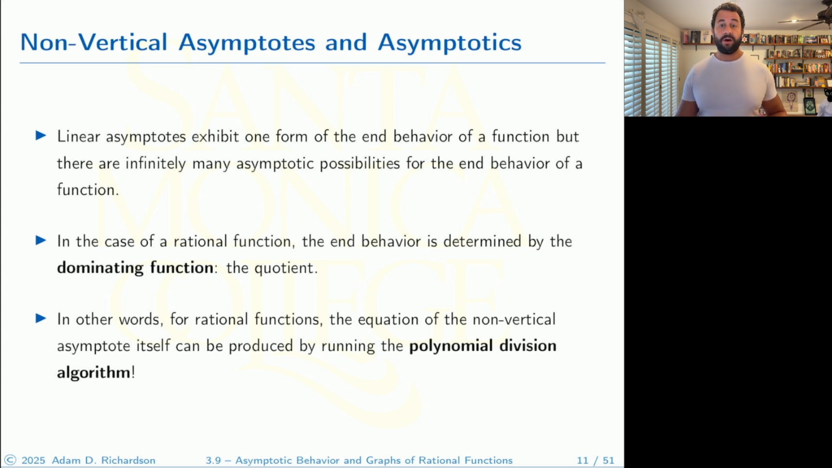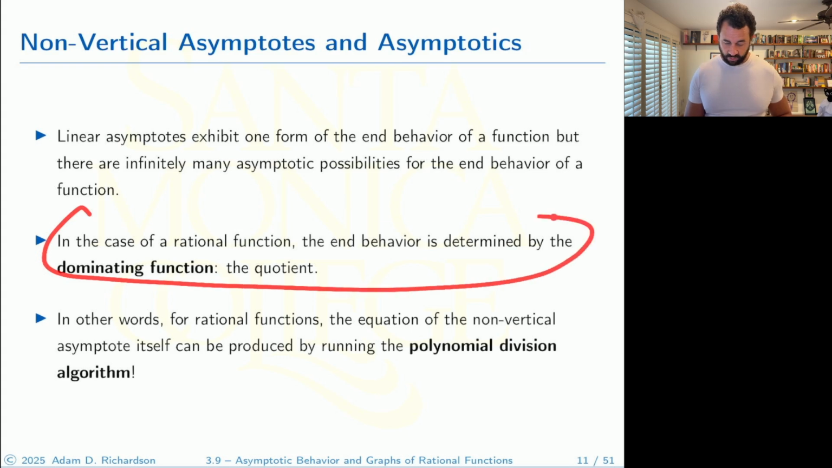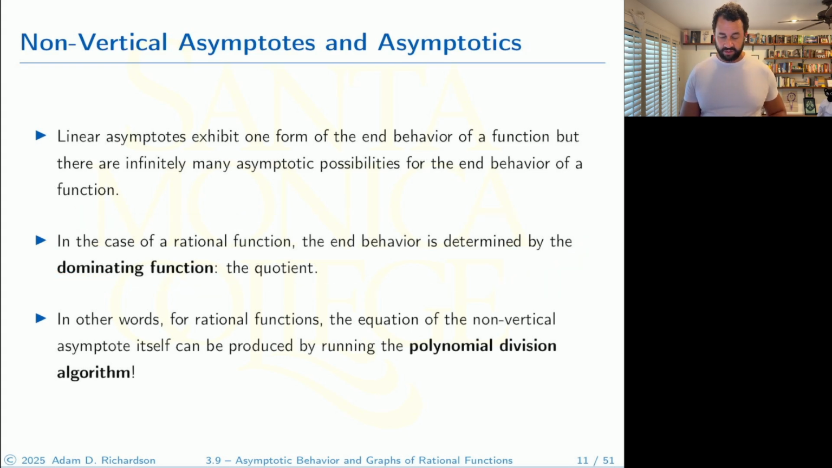Okay. So now let's talk about non-vertical asymptotes in general and the idea of what are called asymptotics. Linear asymptotes exhibit one form of end behavior, but the reality is there are infinitely many asymptotic possibilities for the end behavior of a function. And this is something that I really want you to keep in mind. The way that these functions converge depends a lot on the function itself. So in the case of rational functions, the end behavior is determined by what we call the dominating function. And that dominating function happens to be the